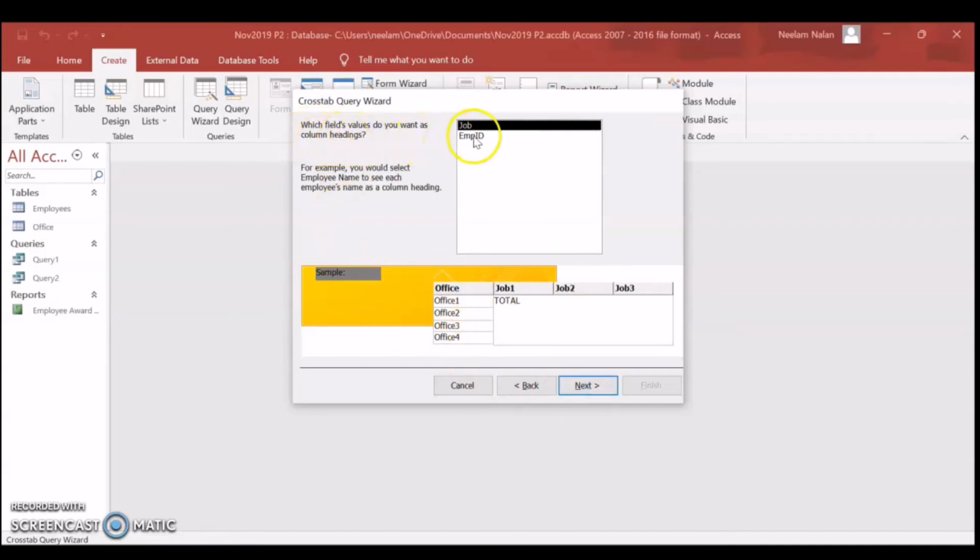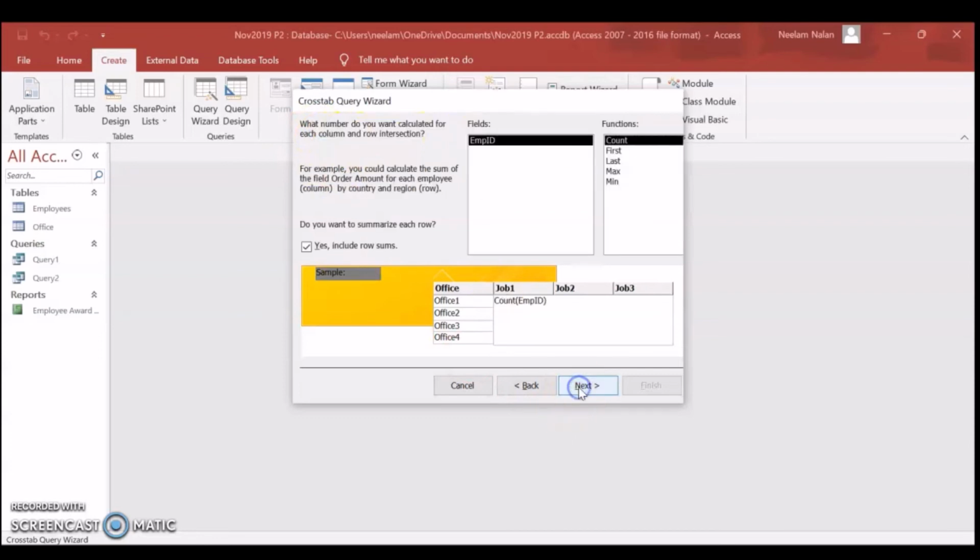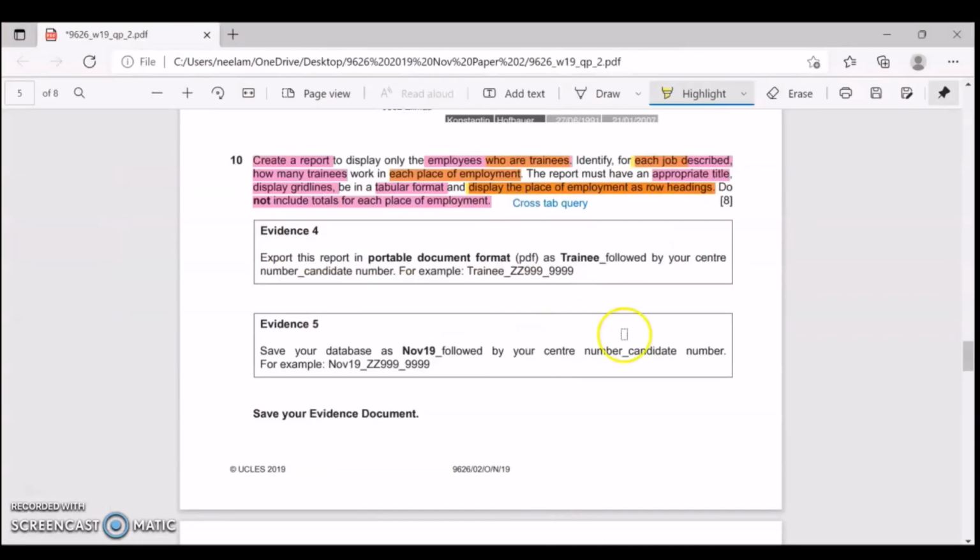Column heading we will choose job, and for employee ID we are doing the function count because we want to find the total number of trainees, how many trainees are working in that office.